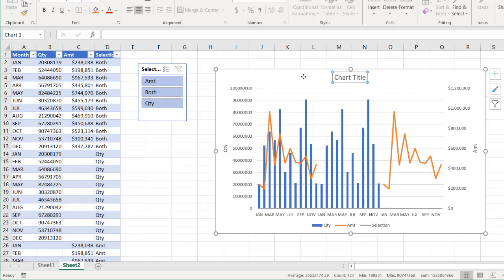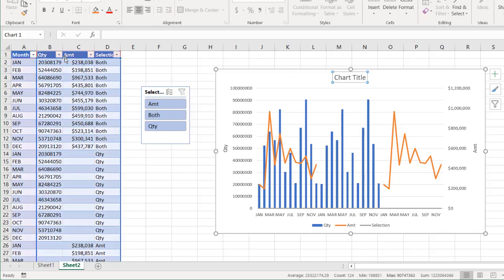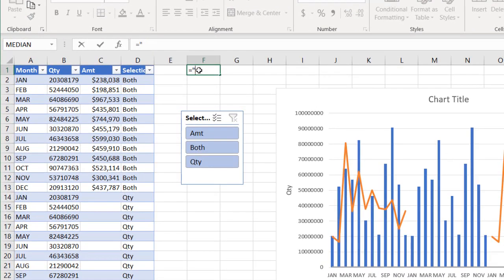Now the title is something that, if we want to give it a dynamic nature, you can't really select the title and click on that and add that. You probably need to go to a different cell to write out the title. So I'm going to say this one is going to be activity, or maybe analysis, right? Analysis